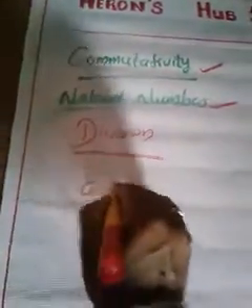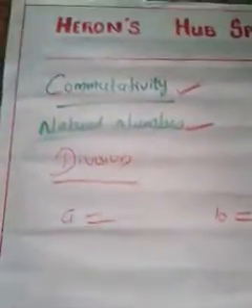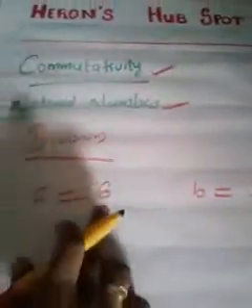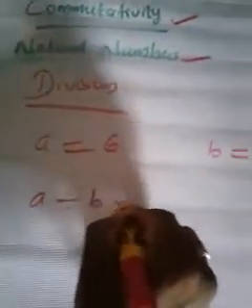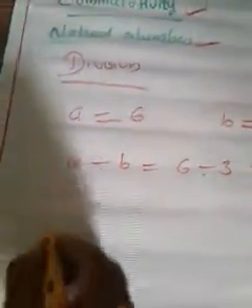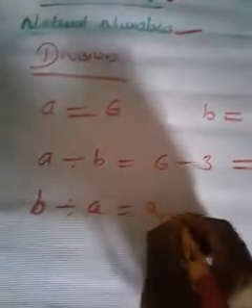So we need two numbers a and b such that both a and b are natural numbers. Can you select a as 6 and b as 3? Why am I selecting a as 6 and b as 3? Because then it is very easy to divide. Then can you tell me what is a divided by b? 6 divided by 3. What is 6 divided by 3? 2, no? You know how to divide 6 by 3. Then now we can calculate b divided by a, which is nothing but 3 divided by 6.